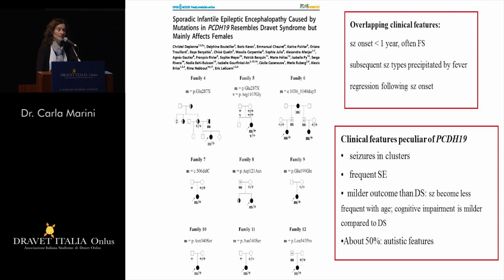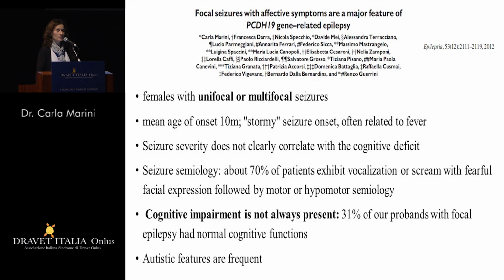And about 50% of these female patients actually have autistic features, which we know is really not that common in Dravet syndrome. And I think we heard yesterday from Rima that autistic features are actually not typical for Dravet syndrome. We contributed to the delineation of this phenotype by having this PCDH19 day in Florence, where we reviewed all the videos, the ictal seizures of these patients, to really define the semiology of the seizures, and we actually came up with this